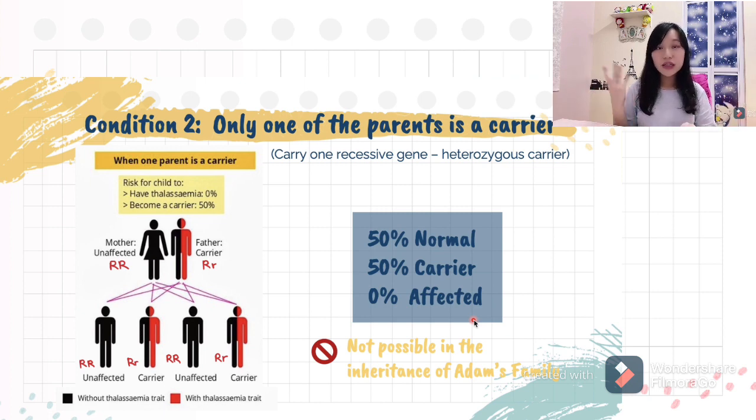So actually, this mode of inheritance is not possible in the inheritance of Adam's family. Why? This is because Adam is affected with thalassemia and